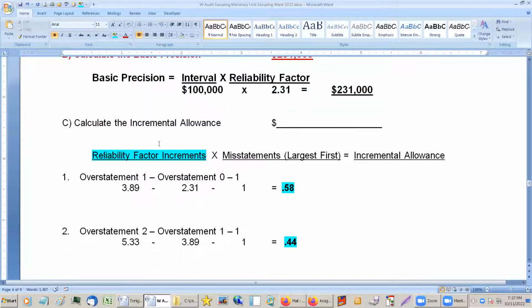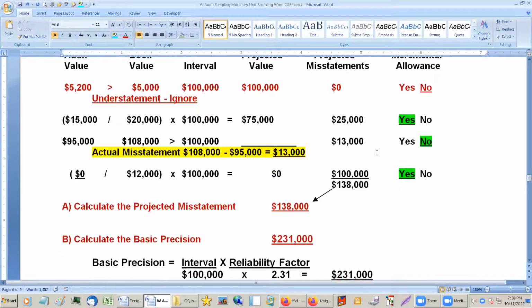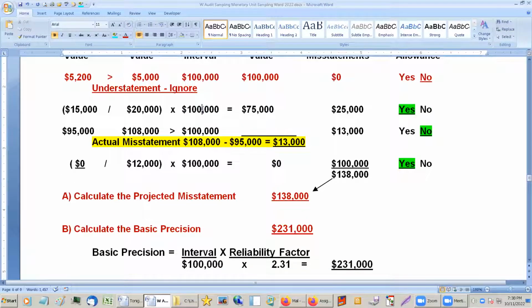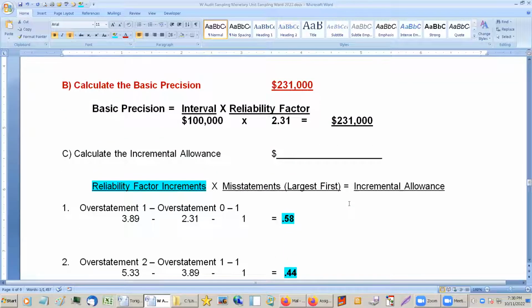And again, this incremental amount says this: if you do find errors, that means that there may be more errors in these given samples. Think of each of these intervals as like a given sample, and two of these could be worse. This one can't be. We took 100% of the sample, we found out it was off by 13,000, so it's just off by 13,000. But these other two, 25,000 and 100,000, there could be more stuff in there that's off. So for 25,000 and 100,000, we would do the incremental allowance, saying there could be more things off in those two.